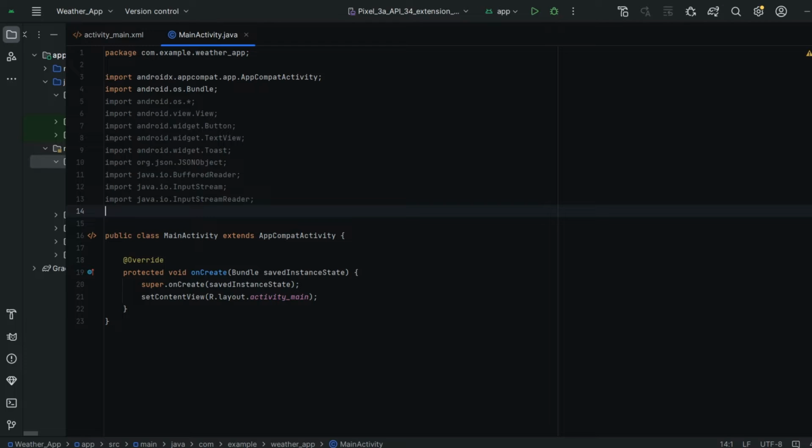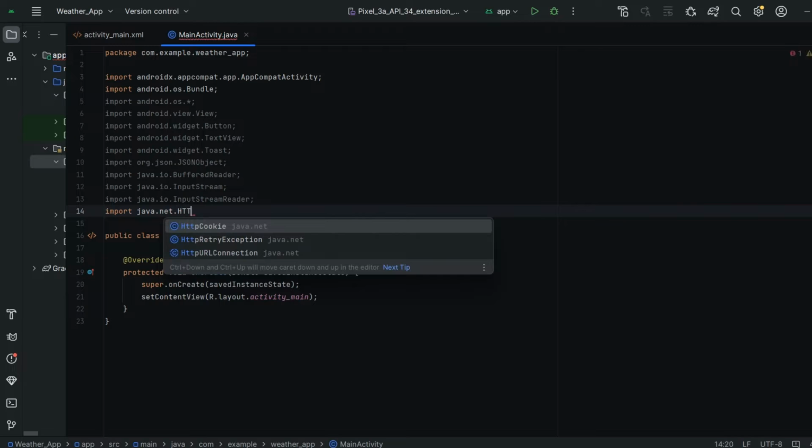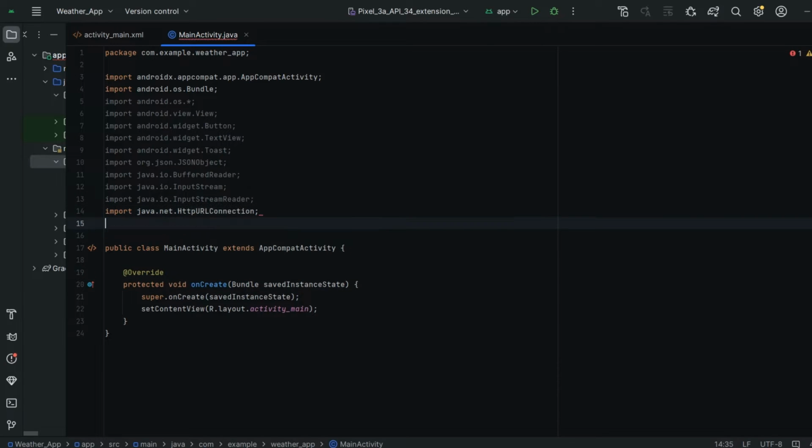We have to establish the connection between the API and our app. So for that we need this package, import java.net.HttpURLConnection. We got it.